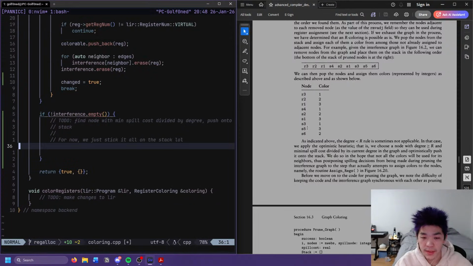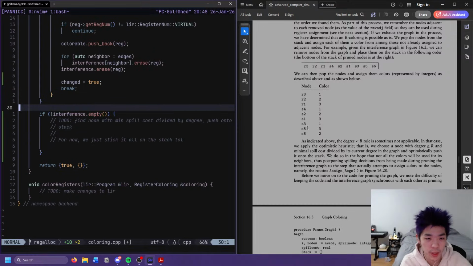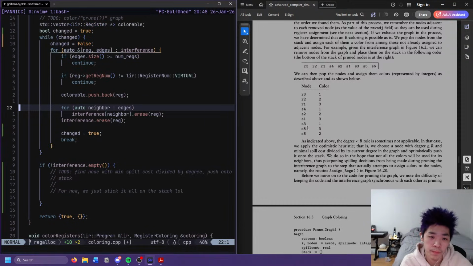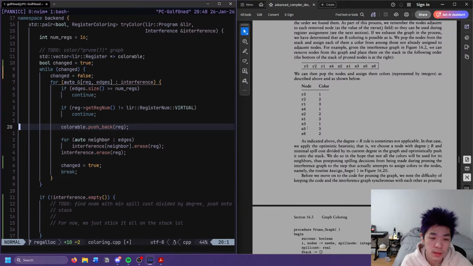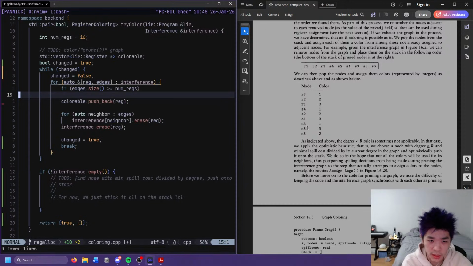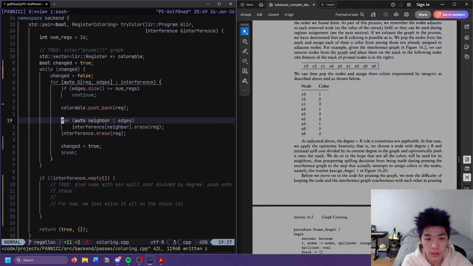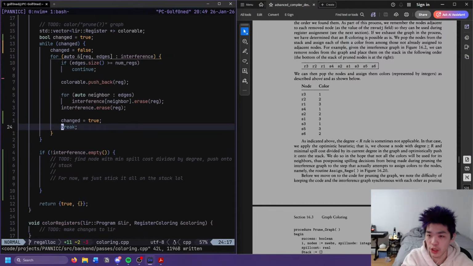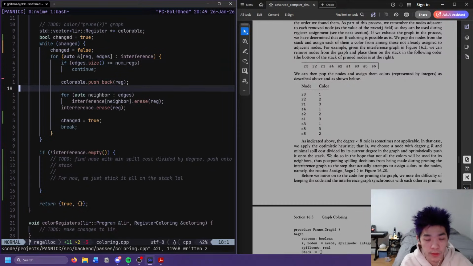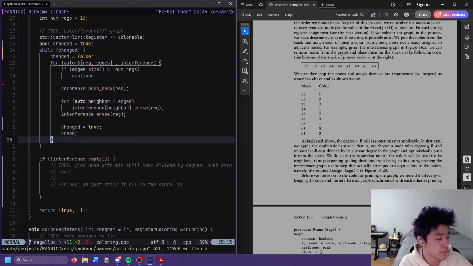Okay. So I guess we could keep going here. What do we do here? I guess we could skip this actually, because we don't really care about whether it's virtual or not. Physical registers, we very much can push on. We'll just push them at the end because they'll interfere with each other, so they will always be n. I guess n greater than or equal to num regs, or degree at least greater than or equal.